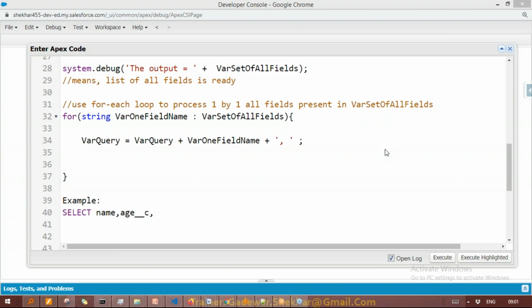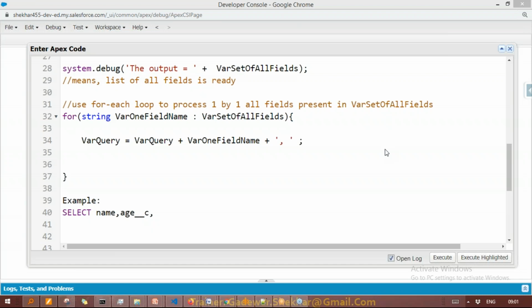So we have to remove that semicolon. Please note, whatever semicolon is coming at the end, we don't use that. We have to remove this, otherwise it will give an error. So how to remove that? Nothing to worry. There is a standard function, which by default is called removeEnd. So I will use that function.